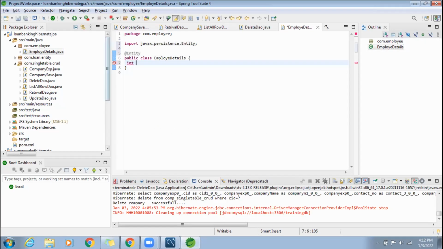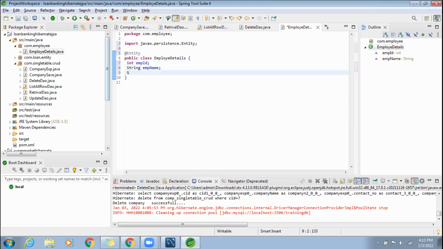Employee ID, employee name. String, string. Employee name, empName. Okay.